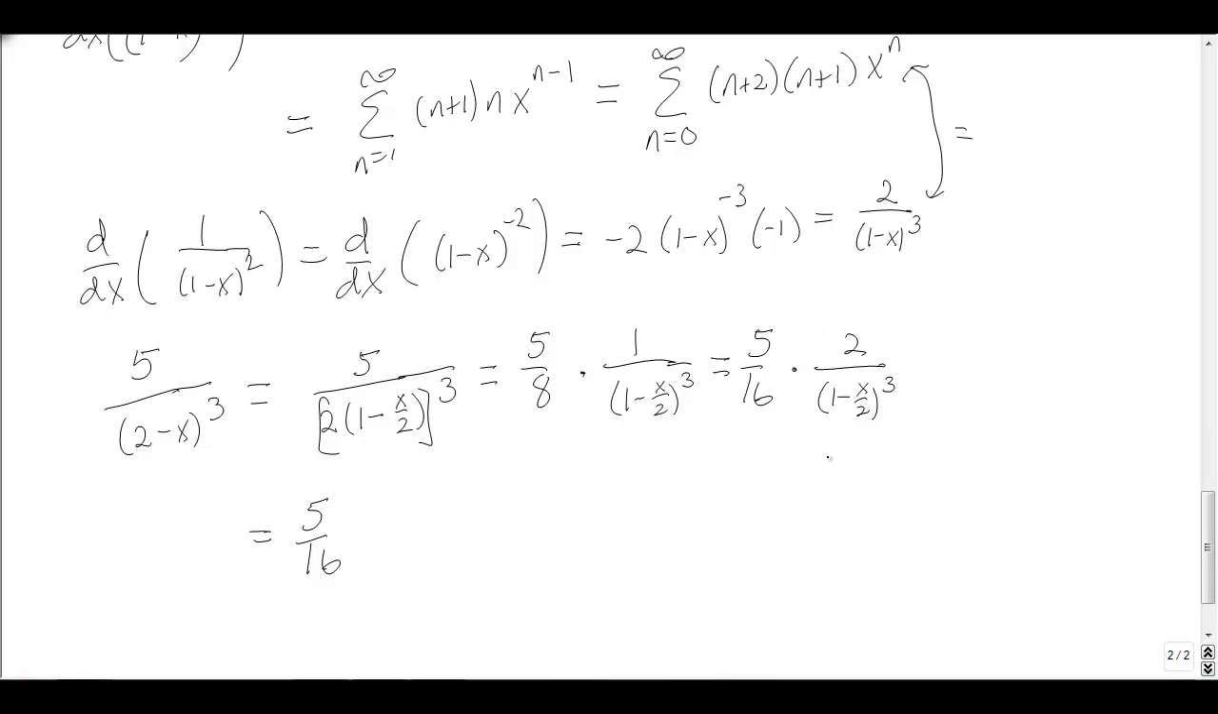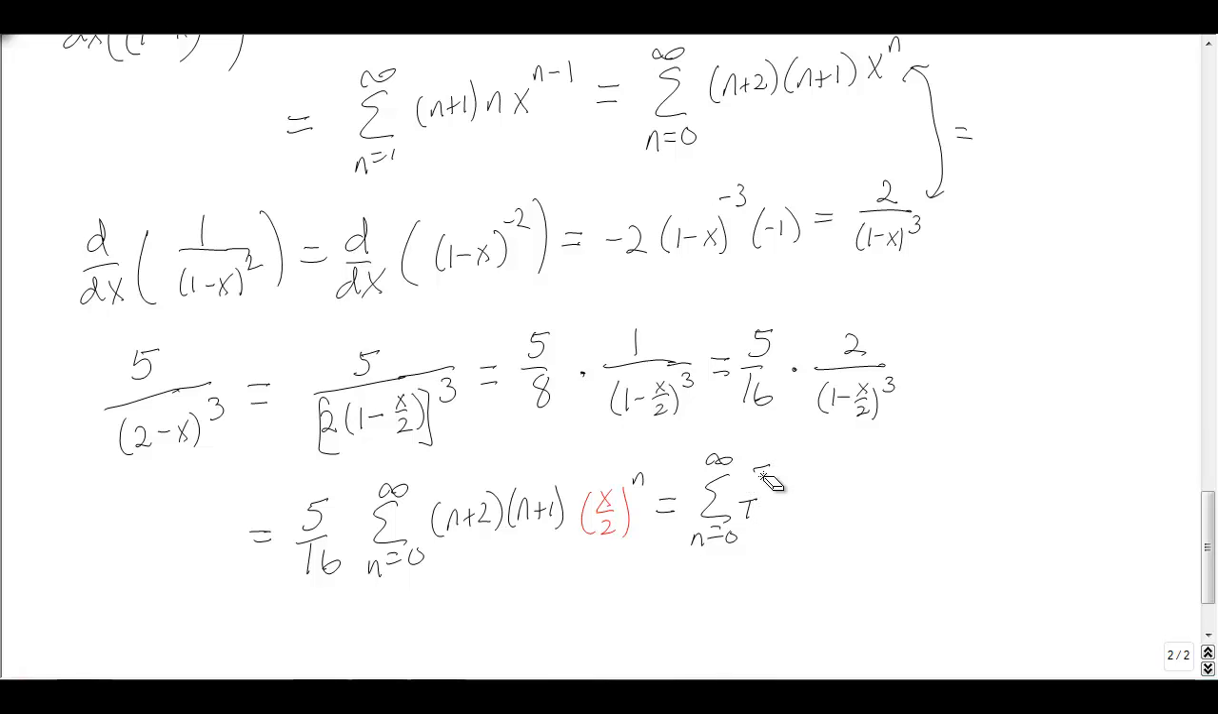and I can replace the 2 over 1 minus x over 2 cubed with the sum n equals 0 to infinity of n plus 2 times n plus 1 times the thing, that's an x over 2. So in place of our x to the n, we're going to get x over 2 to the n. And so what you'll get then is a sum n equals 0 to infinity. You'll get a